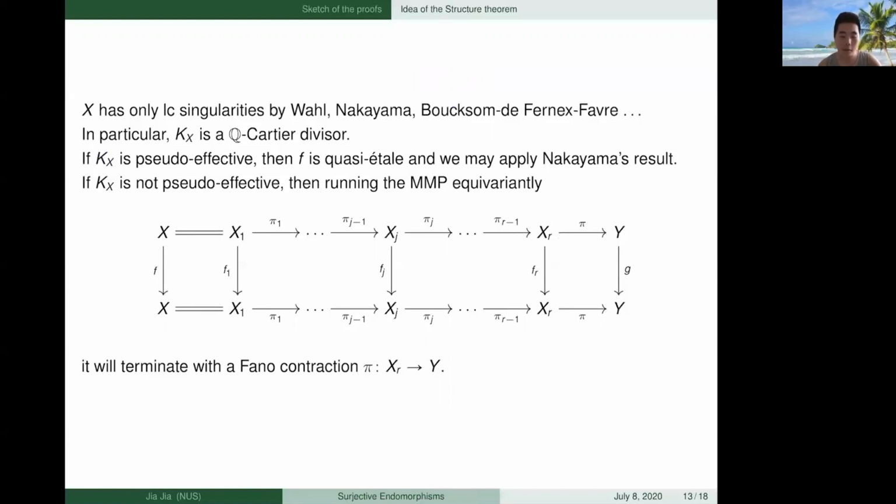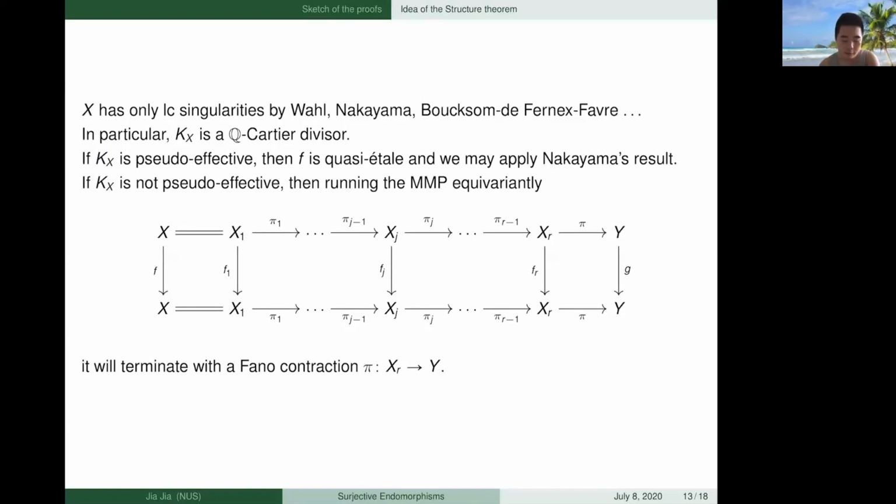This is proved by a lot of authors, such as Gongyo, Nakayama and this BFF. In particular, this implies the canonical divisor K_X is a Q-Cartier divisor. If this K_X is pseudo-effective, also by a lemma, we can show